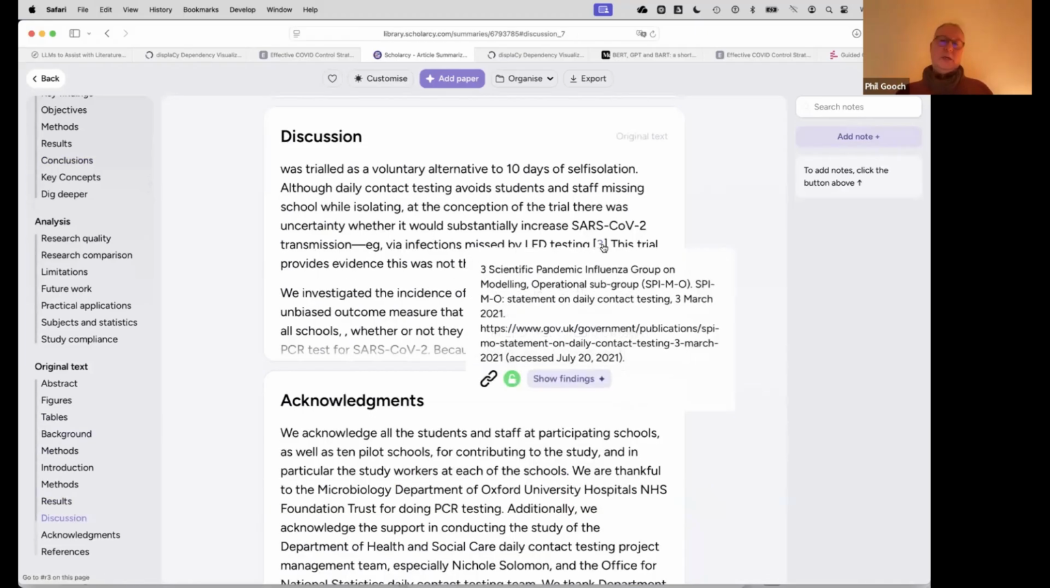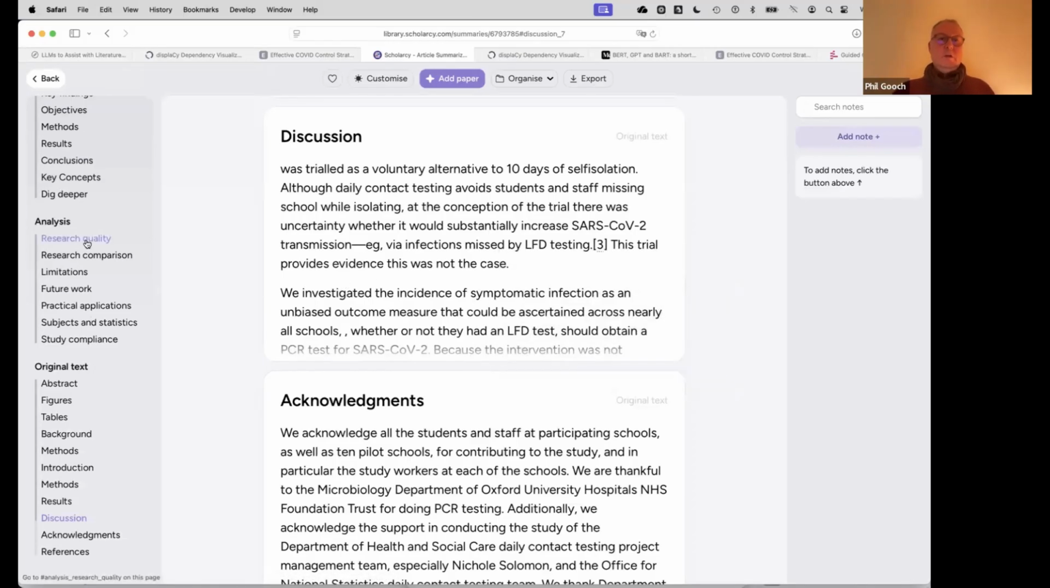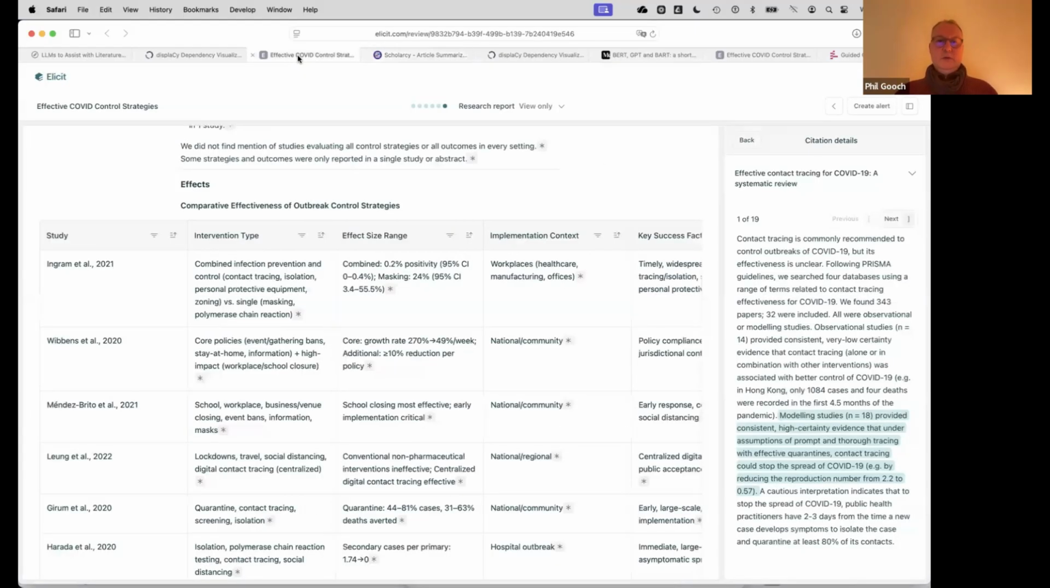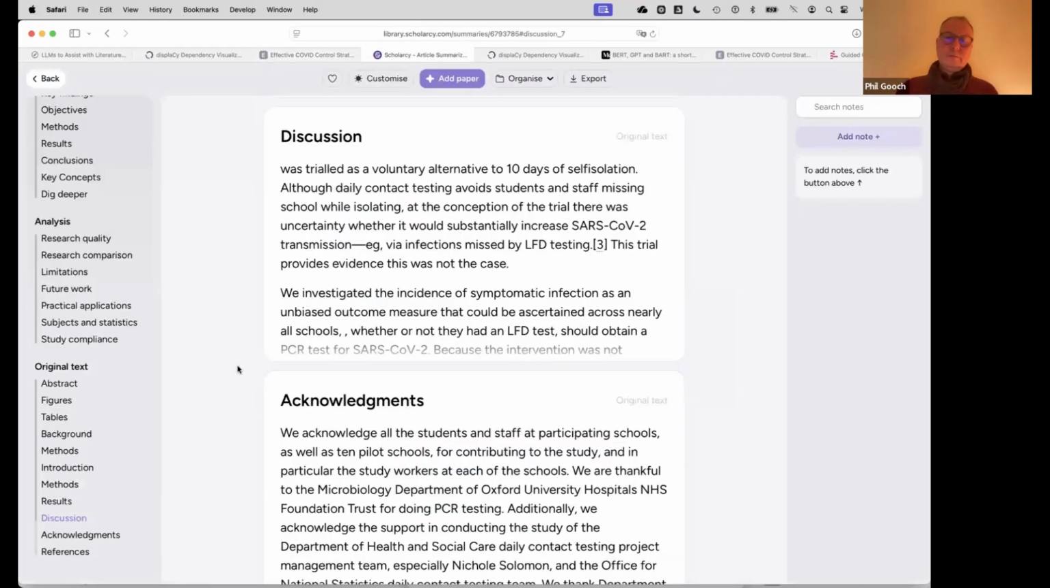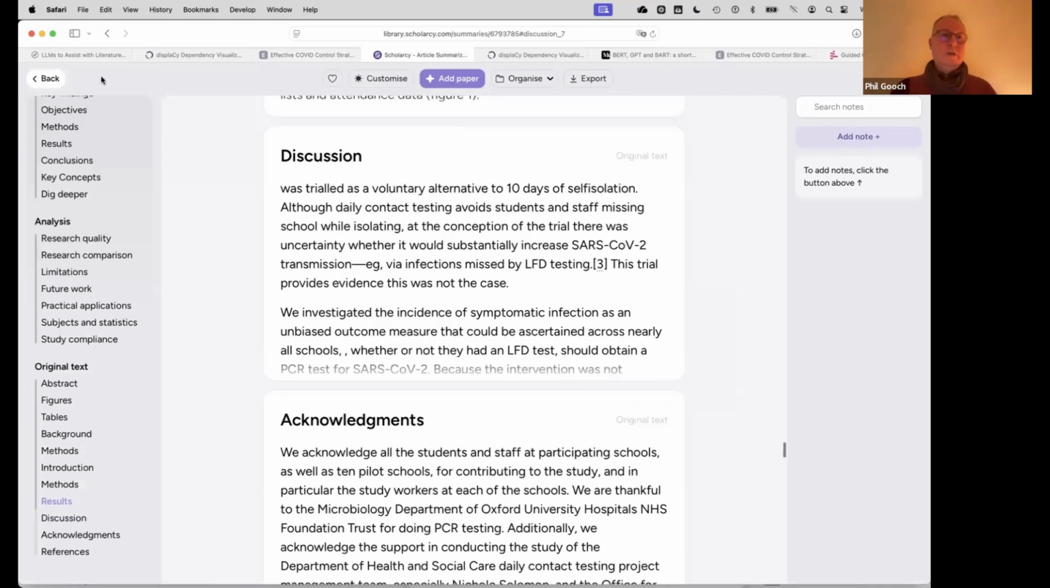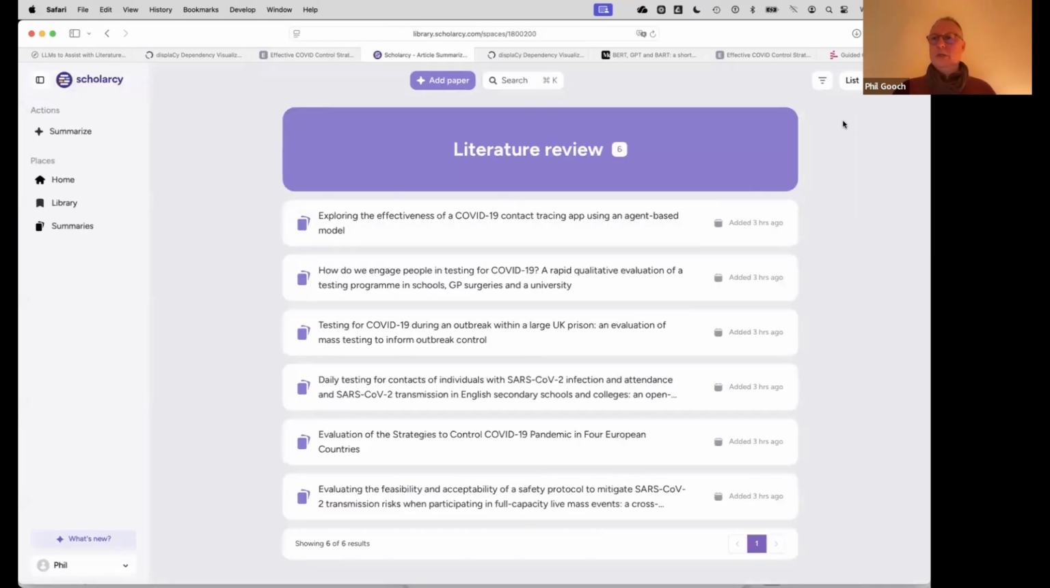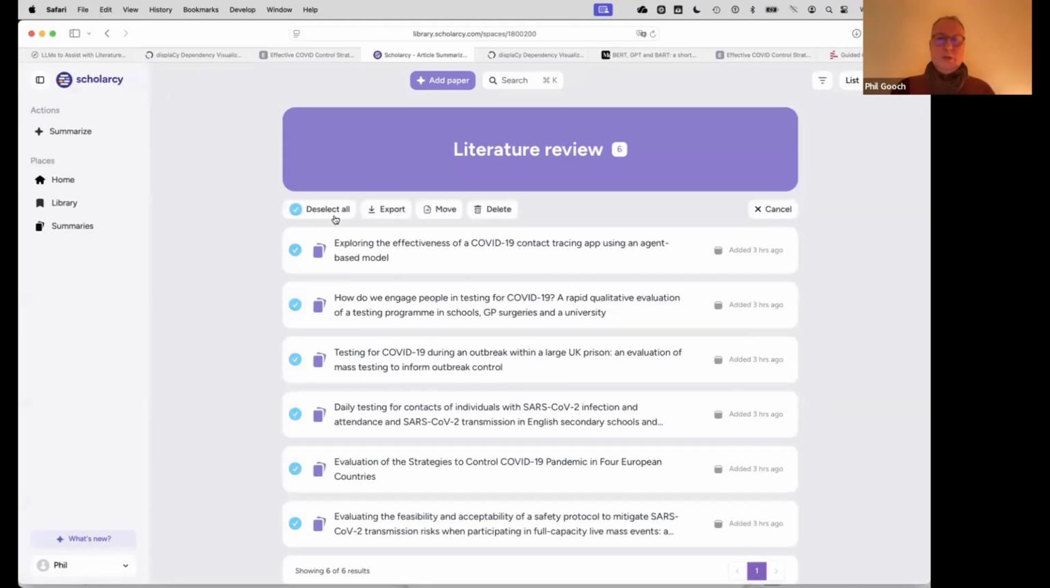You've got things like each citation there. You can mouse over and show the findings and so on. So you're not just given a table and kind of taking it on trust. You can say, well, okay, I can break this down. And then if I want to, I can take all my papers, select them, and export